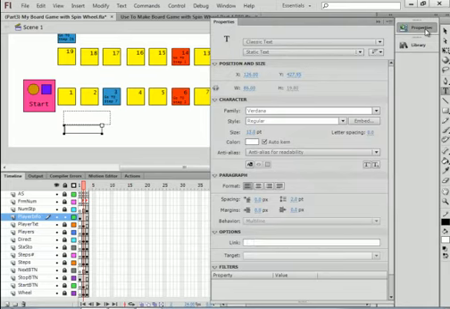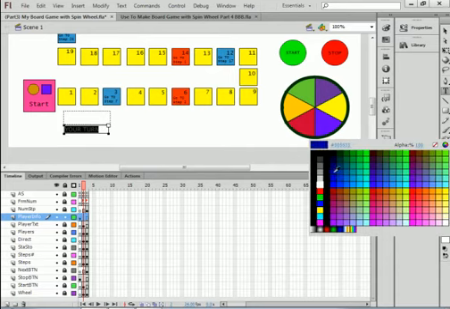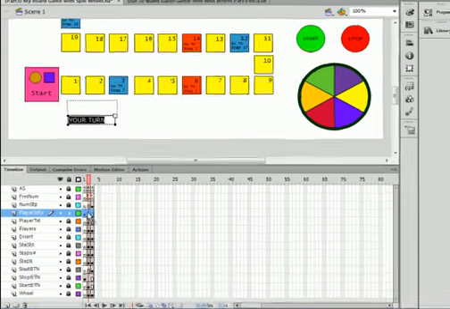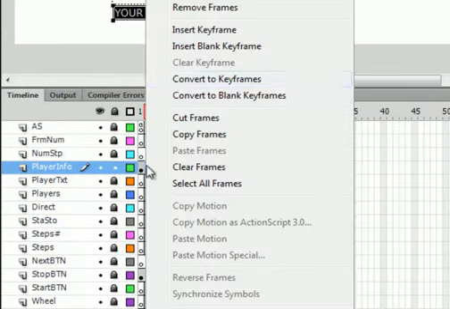I think I had static text for that. Yep, static text. And we want to say your turn. YOURTURN, your turn. Now I see that's white, so I want to highlight that, and I want to pick up some color. I want to go with black. Your turn. And I only want that to be on frame 2, so insert a keyframe on frame 2